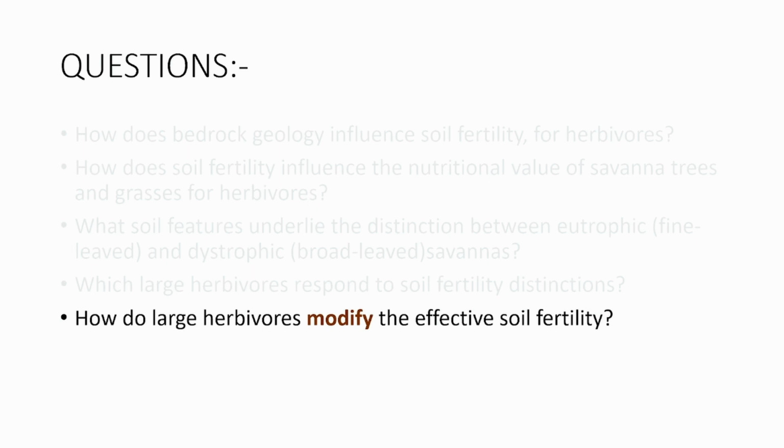And then how do large herbivores modify the effects of soil availability? Not only by creating grazing lawns, which only certain herbivores do, but also by grazing down grass and therefore preventing that grass being burnt in grass fires. That has fundamental influences on nutrient cycling, where the grass is grazed in the dry season or left standing and